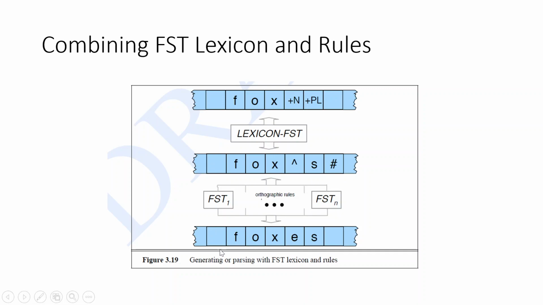Generally, when we talked about understanding words, the input is foxes, which is read by the FST and you generate this particular intermediate output. This is read by the lexicon FST and you generate what is known as the stem and the other morphological features. But it is easier for us to understand in the downward direction, so we will talk about that. So this is the overall picture of the morphological parser. It has two finite state transducers, and each of these finite state transducers is a two-tape machine.